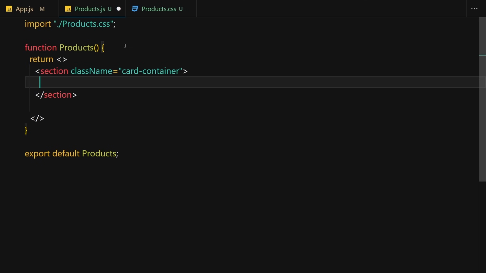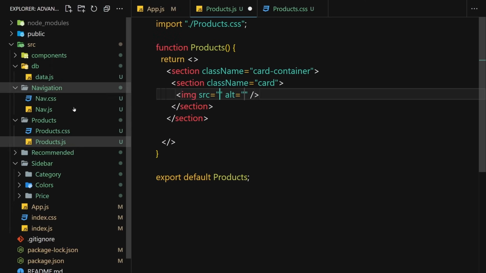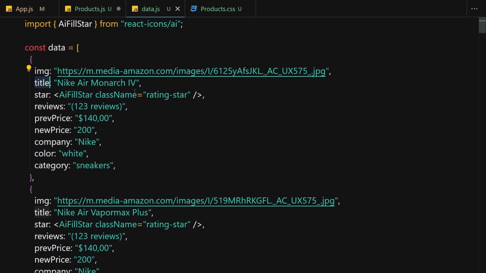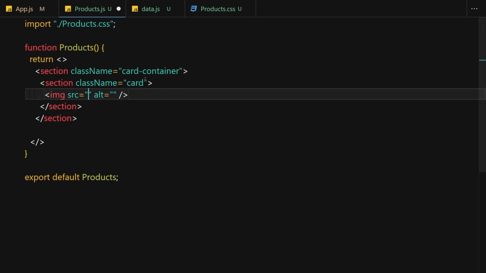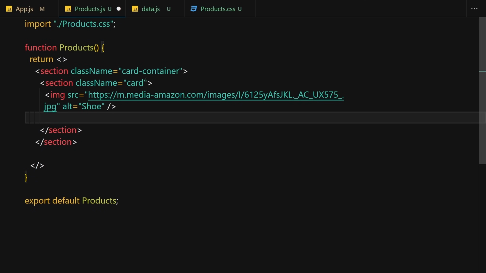Alright, so that's the card section. The next thing is that we have to create a section for a card. Inside this card section we have to render our image, so I'm going to go to my database, my DB file. I'm going to copy this image from here and place it right here. As alternative text I'm going to write shoe. And now underneath that, we also have to create a card